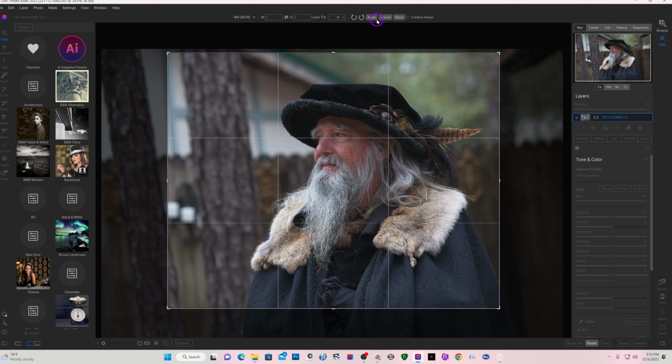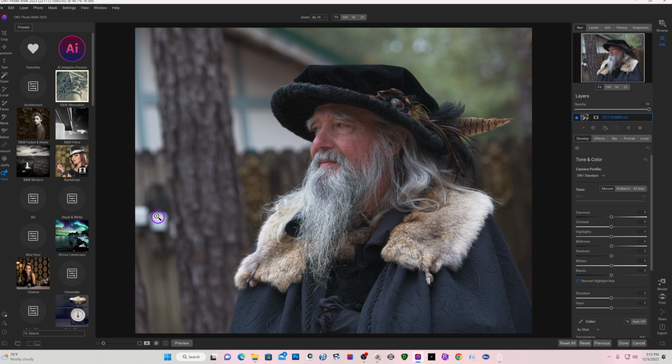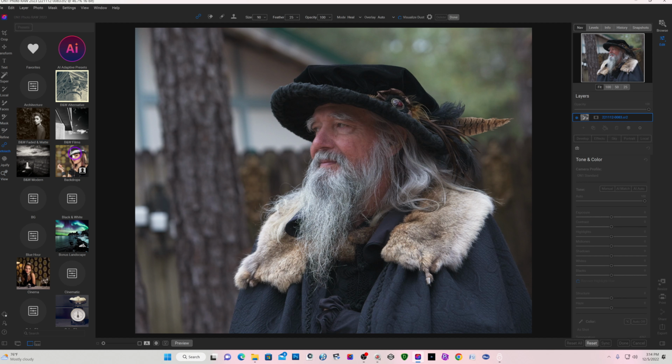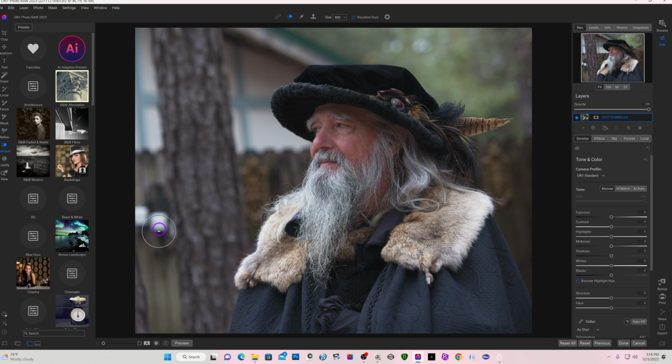Like that. Hit apply, and I don't like this distraction here, so I'm gonna quickly go in and retouch, select my magic brush, and do that. Take care of that. Okay,